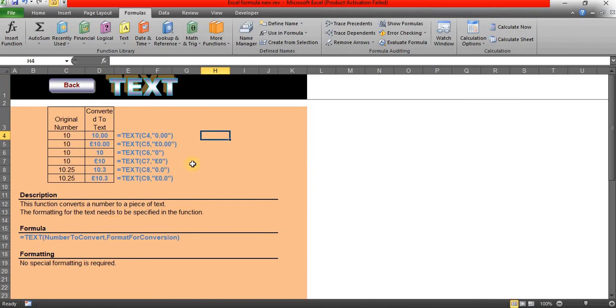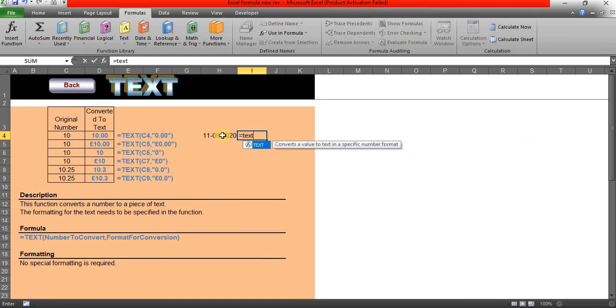The TEXT function is one of the important functions. If you want to get a particular day from a date, you can do that using the TEXT formula. Equal sign TEXT of, first select the value, comma, format within double quotes, DDD. Here you can see Monday, MON. If you update it to DDDD, then you will get the exact day.